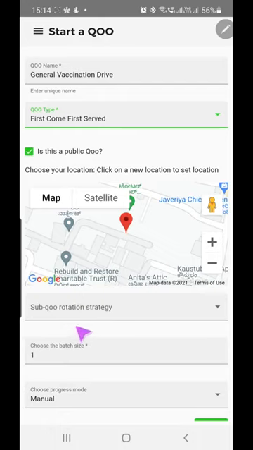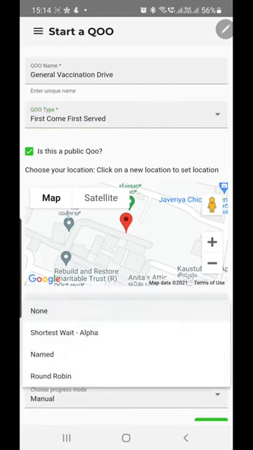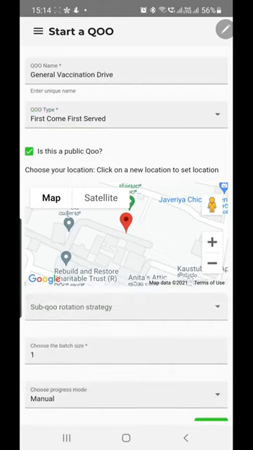Now we're coming to the sub queue rotation strategy field, where it's an optional field. Okay, and the various options are none, shortest wait, named, and round robin. Let me explain what this means. You would choose this option only when you have subsequent queues to this main queue.